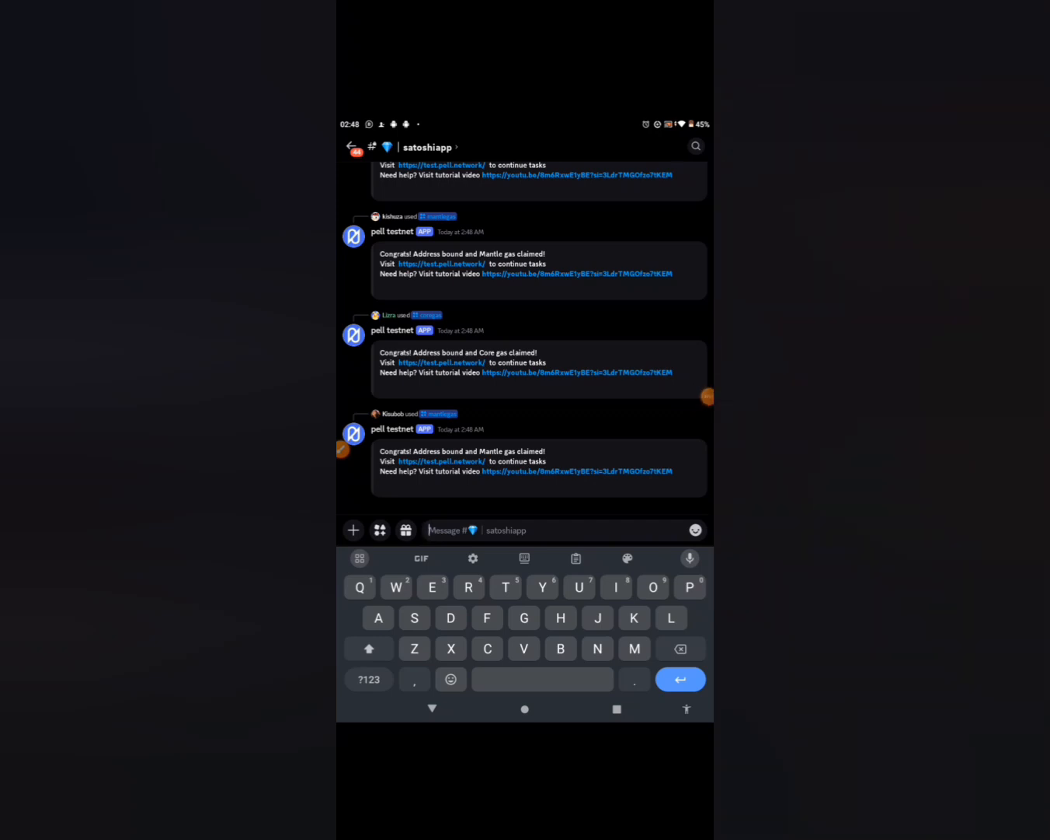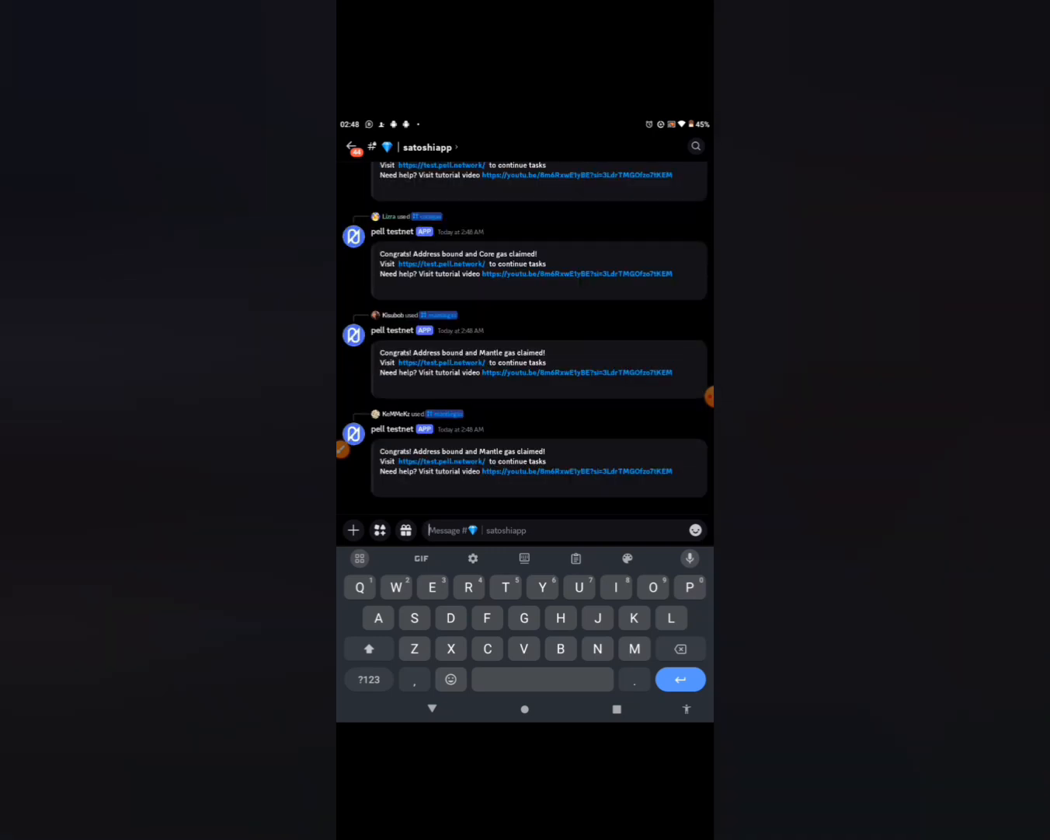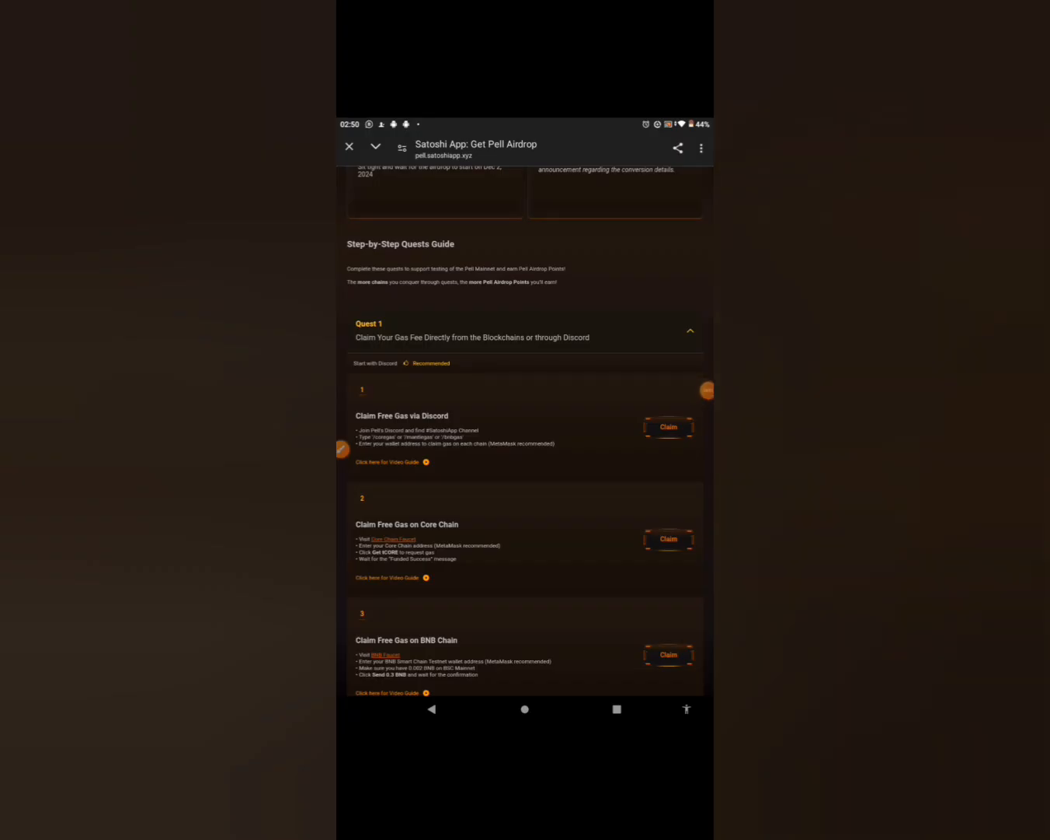Then we'll move away from here and move to our Satoshi app to go for the second task on the second quest on the app. We've been able to complete the first quest, which says claim free gas via the Discord, and we've completed this. So the next we'll be going to is number 2, which says claim free gas on core chain. So you go ahead and click on the claim,